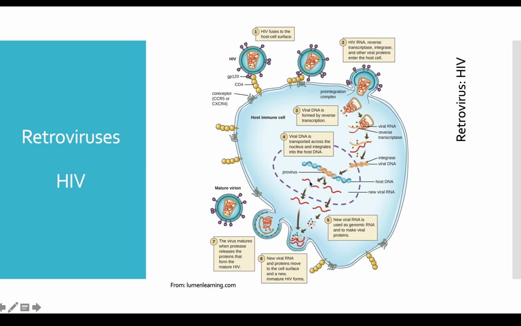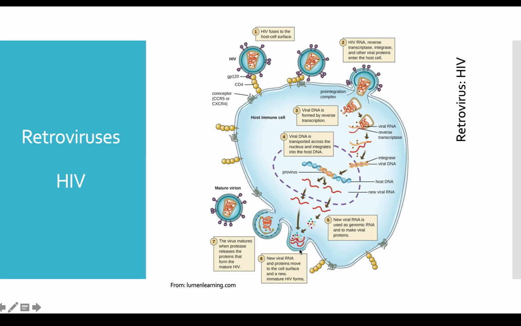That new viral RNA then goes out of the nucleus through these nuclear pores. I'm not sure why they're showing it going against the nuclear membrane. But once that RNA is out into the cytoplasm of the cell, it is translated. It is used as the template in which to make a variety of the viral proteins that are necessary. These viral proteins will join up with some of this replicated viral RNA, and these will assemble into a new